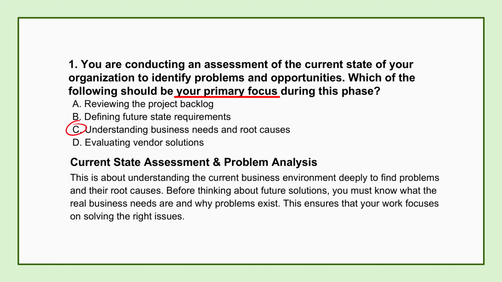So why is hitting that root cause piece so non-negotiable before you even start thinking solutions? What's the risk if you rush past it? Well, it's a classic trap, isn't it? You end up solving symptoms, not the actual disease. If you don't truly understand why something's broken, the real root cause, any fix you come up with might just be like a Band-Aid. Or it could even backfire and create new issues down the line. So the whole effort could be wasted if it's aimed wrong. Pretty much. You might build a great solution to the wrong problem. It forces you to really question those initial assumptions. Okay, got it. Makes total sense.